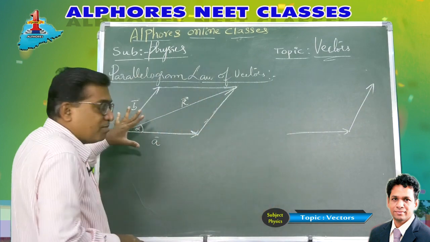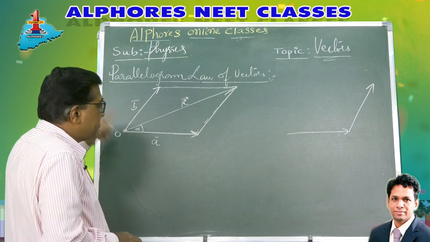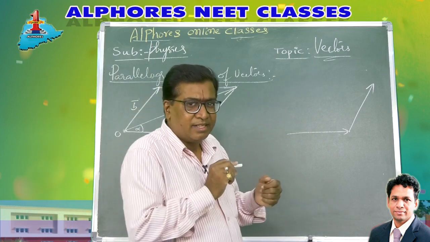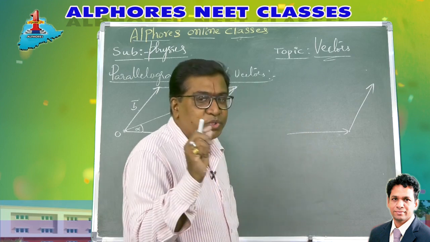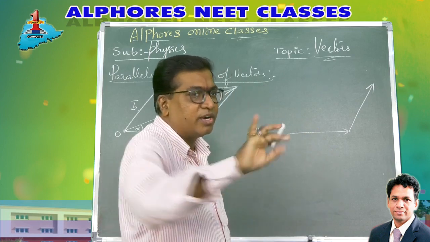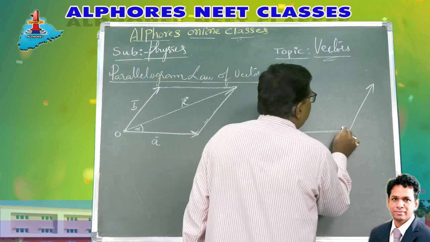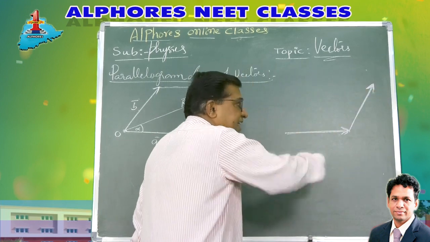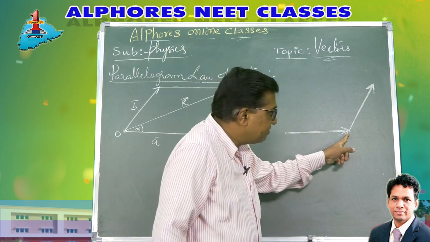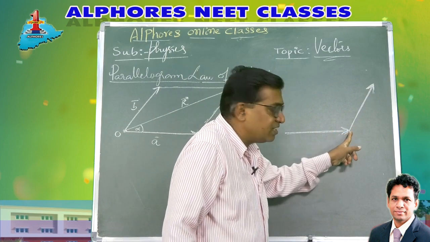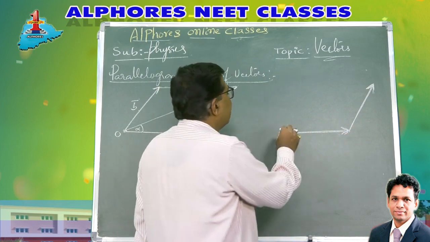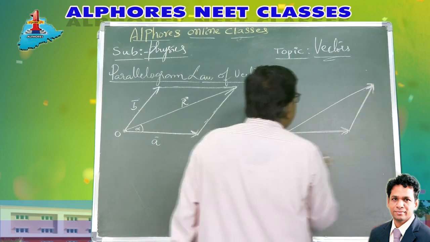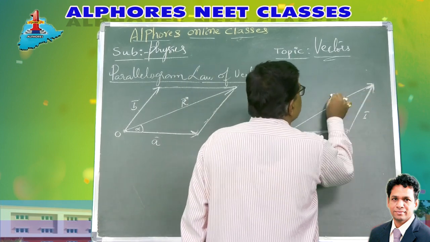So here in the parallelogram law, you don't take in order. You take them as if they are starting from the same point, co-initial. But in the triangle law, you should consider that they are in order. So if A bar and B bar are represented as two sides of a triangle in magnitude and direction taken in order, in the sense that the final point of the first is connected to the initial of the second, then the third side of the triangle taken in the reverse order represents the resultant vector.